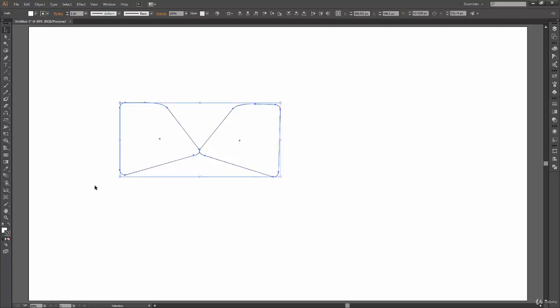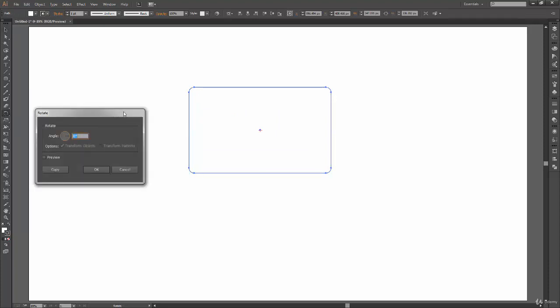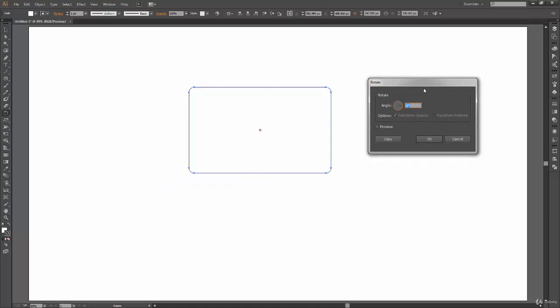Okay, so we have covered two tools so far, and now what we are going to see is the tool options which we get. So again, we can select our rotate tool first, or before that, just draw a shape. And double click on the rotate tool this time. So now you get this option window. This option window is available with all the transform tools we are going to learn, and we are going to cover this option window with every tool. All right.